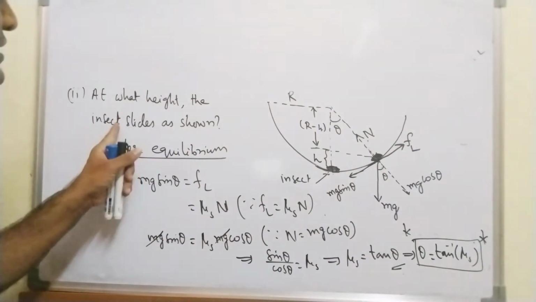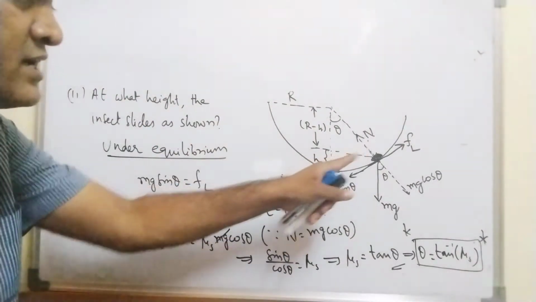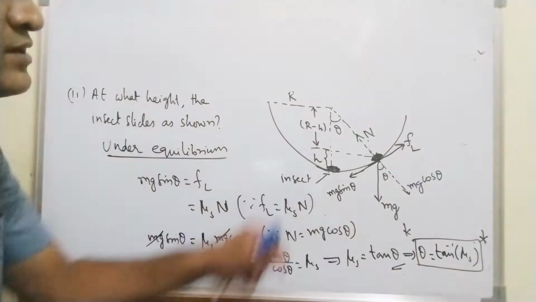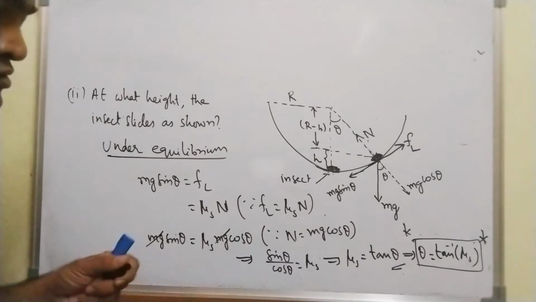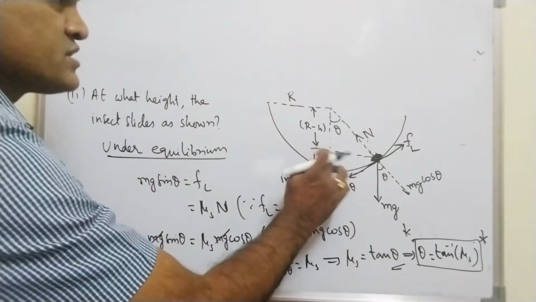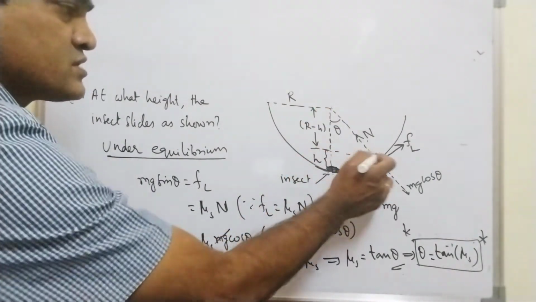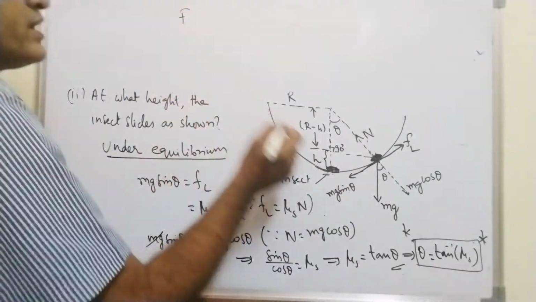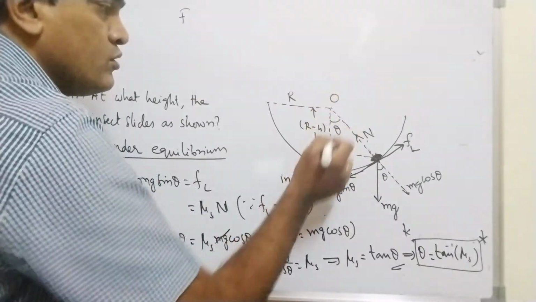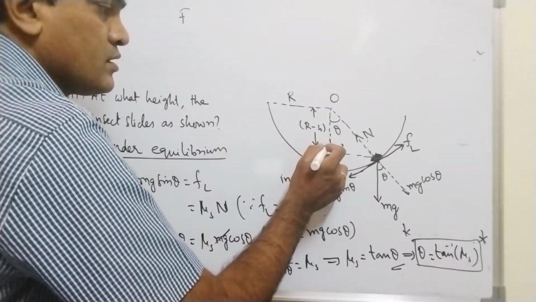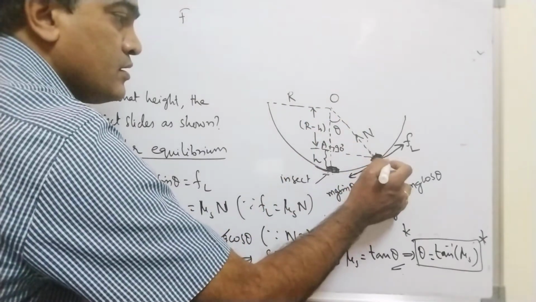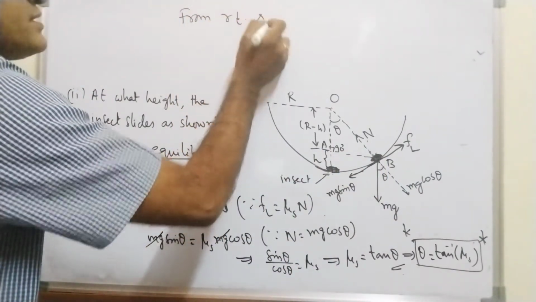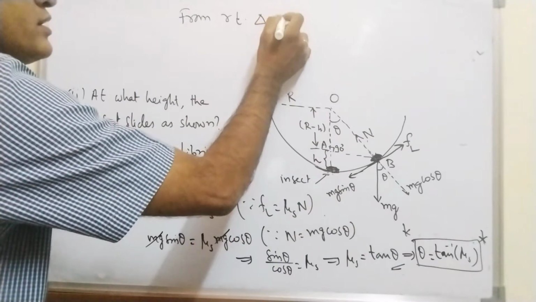What is the next question? At what height does the insect slide, as shown? What height? This height I want. Now you know very well, from this right angle triangle, this is 90 degrees. Okay, let me put it like this: O, A, B. From right triangle OAB,